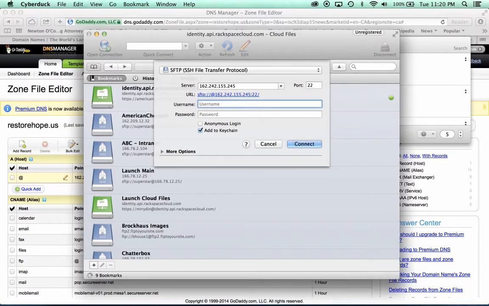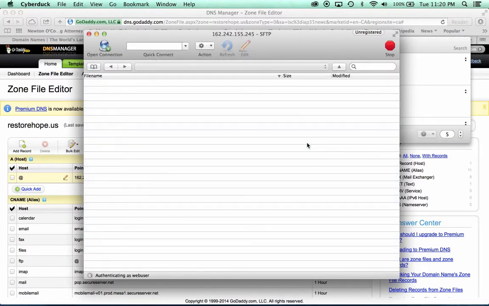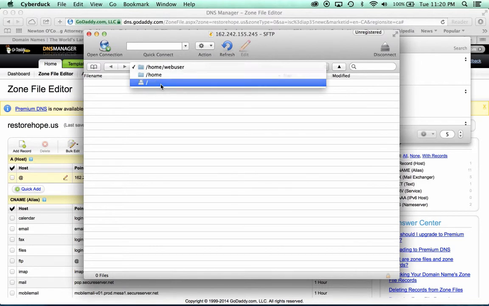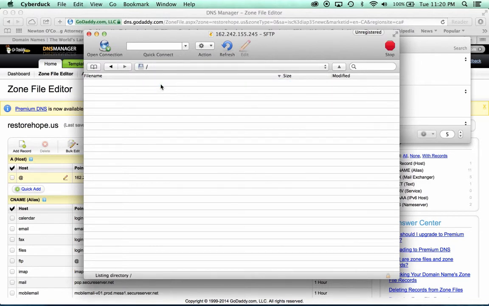Paste that into the server path, and I'm going to use web user as our username, and then go ahead and enter the password and hit connect. That'll take just a moment, and soon you should be logged in to web user's home directory. You can back up to the root folder